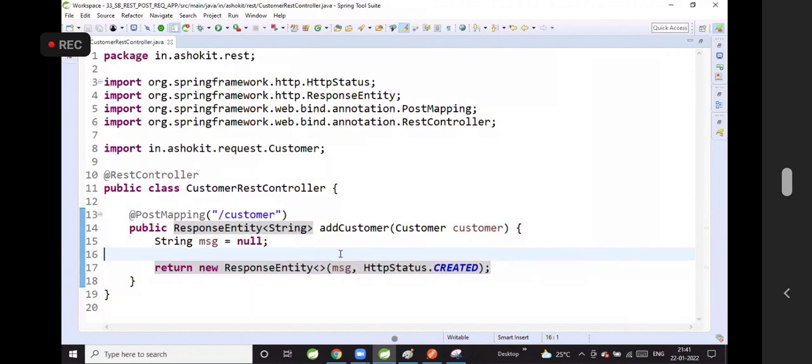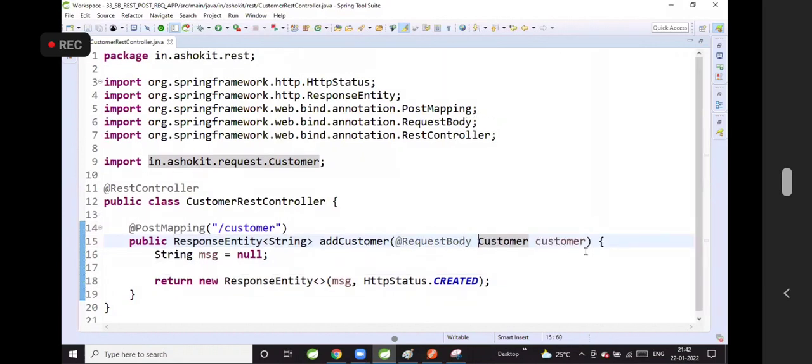Come on, guys. Client will send the object, or client will not send the object? Client will send the JSON data or XML data. Where will they send the data? In the request body. I need to read the data from the request body. Whenever the client sends the XML data or JSON data, Spring Boot will convert that data into